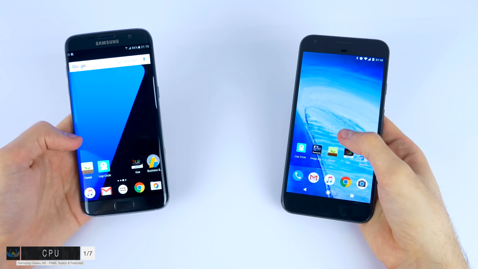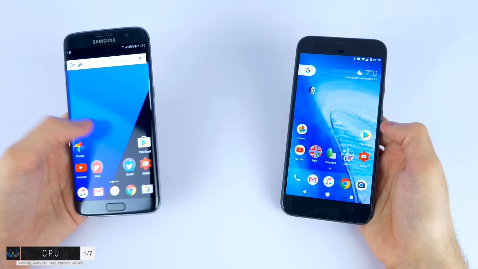And then same as with the Exynos, the official page for the Snapdragon 835 is live, so go ahead, check it out if you want to read more details regarding this processor. Now overall, I think that the Exynos 8895 is the better option for the S8. So on the S7 we had the Exynos 8890 and the Snapdragon 820, and the S7 models with the Exynos chip actually had a slightly better battery life.